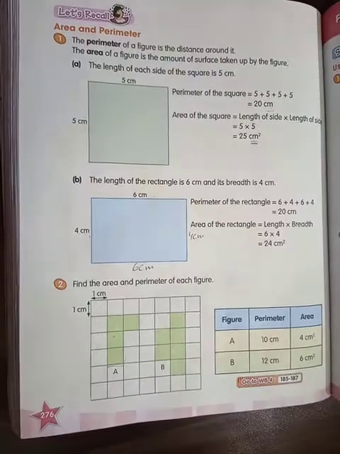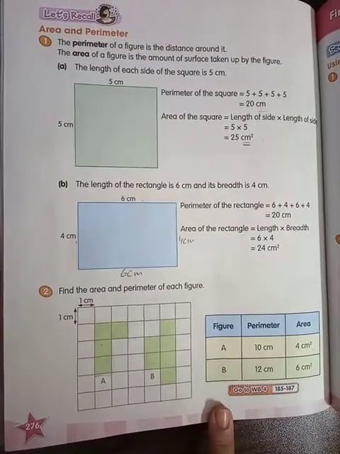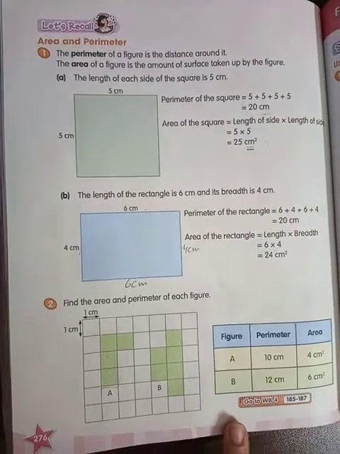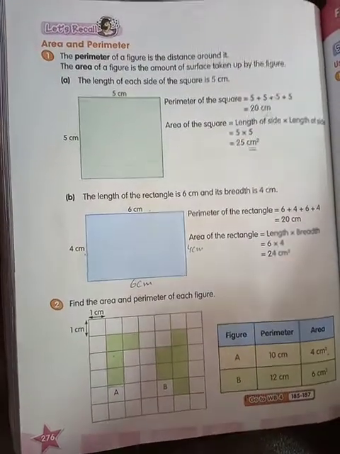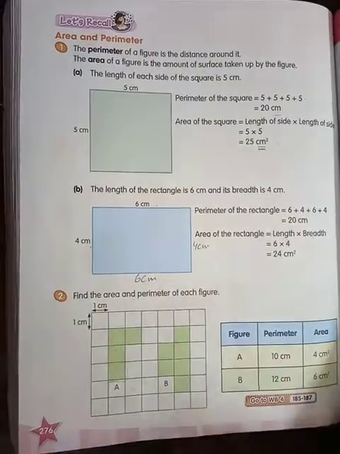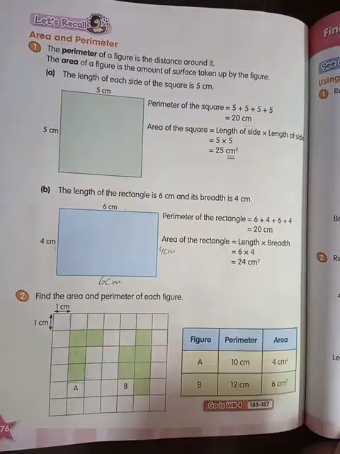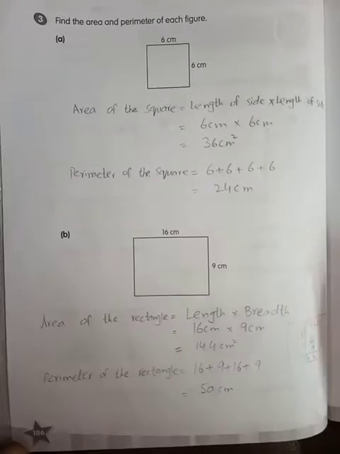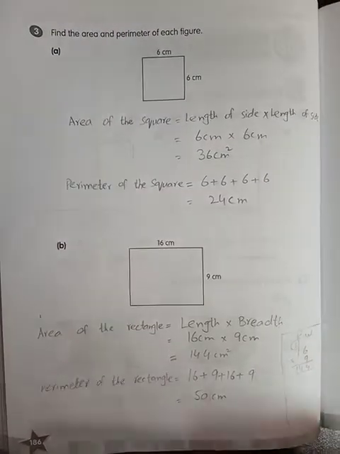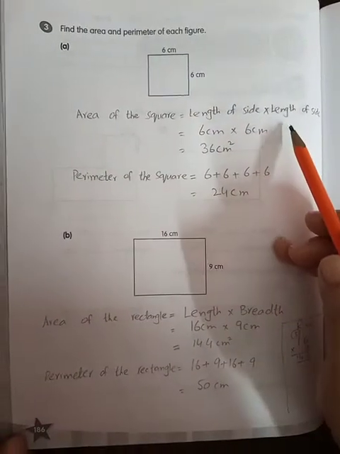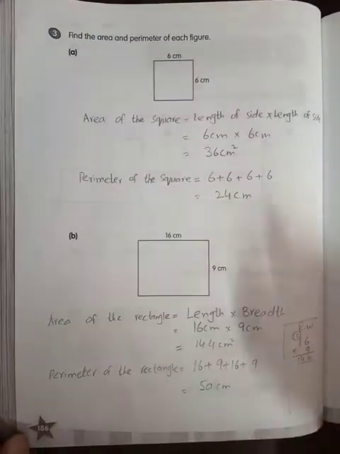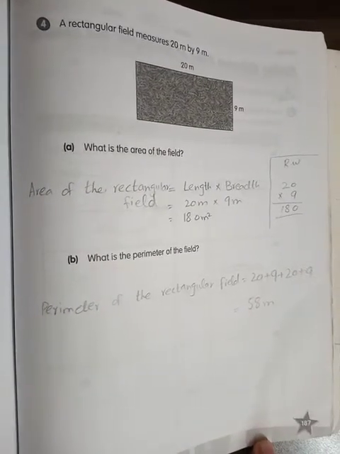Students, this is all about today's lecture. I hope you will understand this topic. But what will be your homework? You are going to note down your homework. You are going to solve workbook pages 185, 186 and 187. Students, you can see here page number 185, and you are going to find out area and perimeters on page number 186. You will write proper statements, proper formulas, then you will find out the perimeter and area of each shape. And on page number 187, you are going to attempt 3 pages in your workbook.